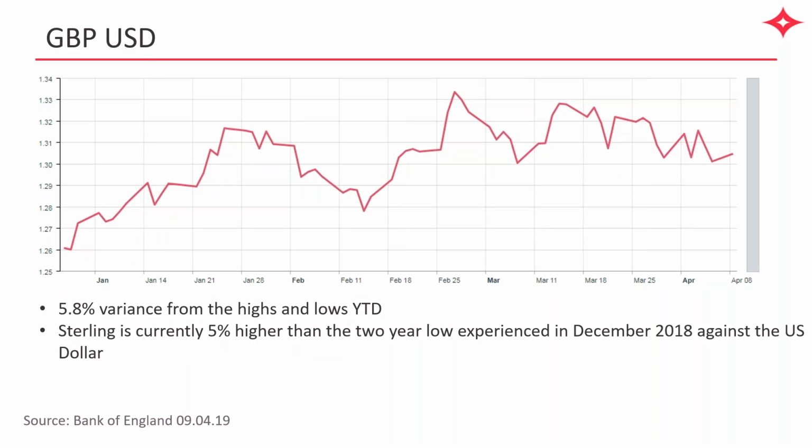Other key currency pairs, sterling dollar. So again, 5.8% variance from the highs and the lows year to date, again representing those opportunities for dollar buyers and dollar sellers alike. Really important that you keep tabs on the currency market so that you're able to take advantage when things move